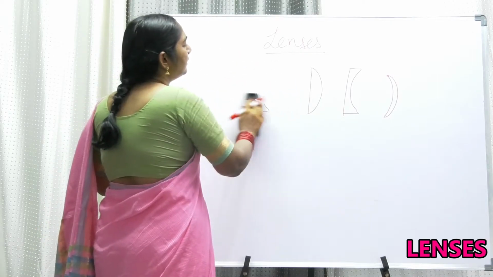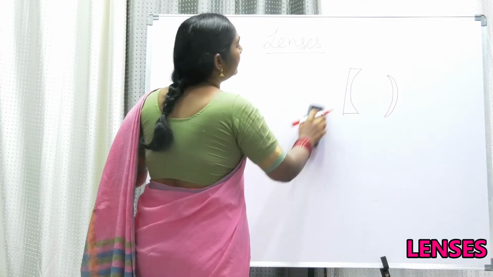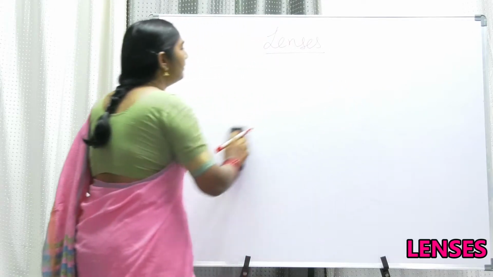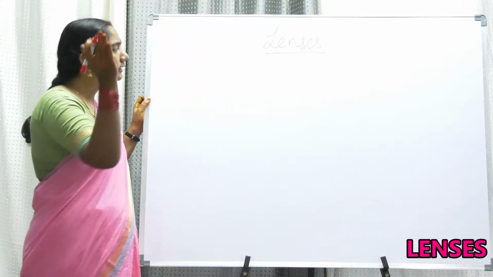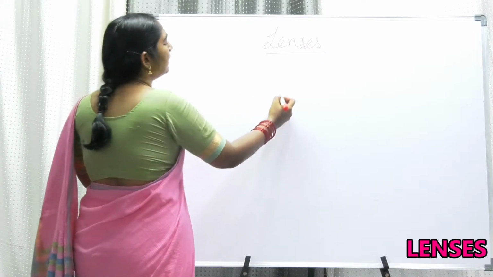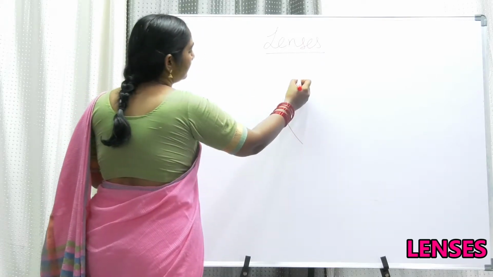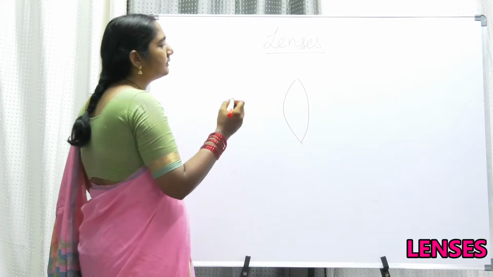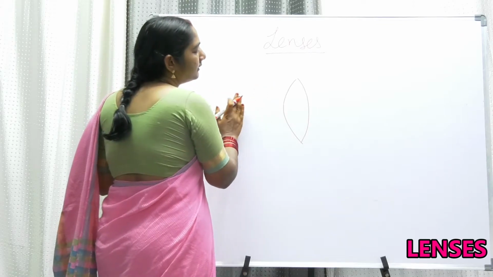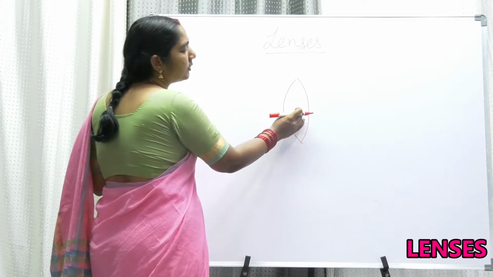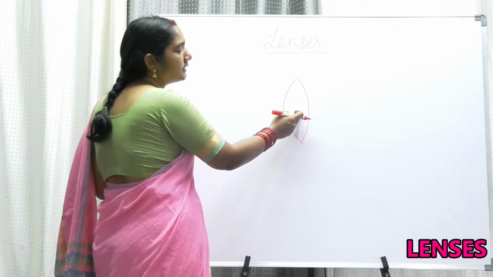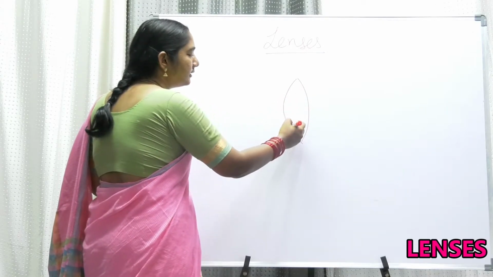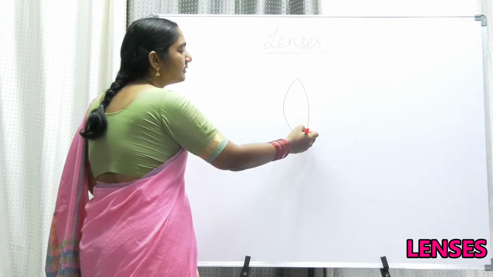So my dear friends, let us see in the case of a convex and a concave lens, what is happening. Similar to the mirrors we have seen, for example, if we take a convex lens, this is a rarer medium, this is a denser medium, because it is made of glass or some material, its density is different. Again, this is a rarer medium. So these are the two refracting surfaces.